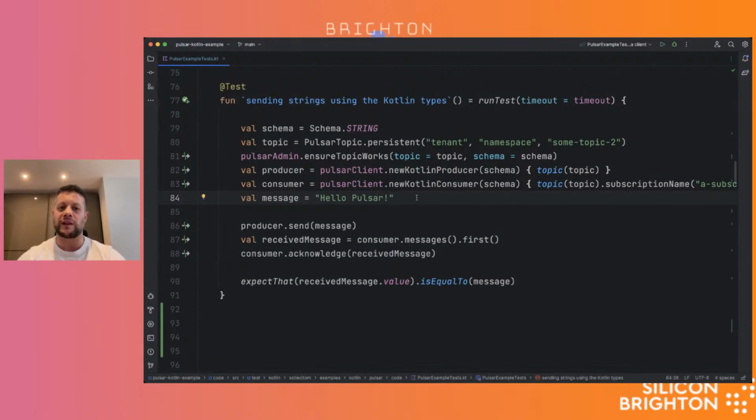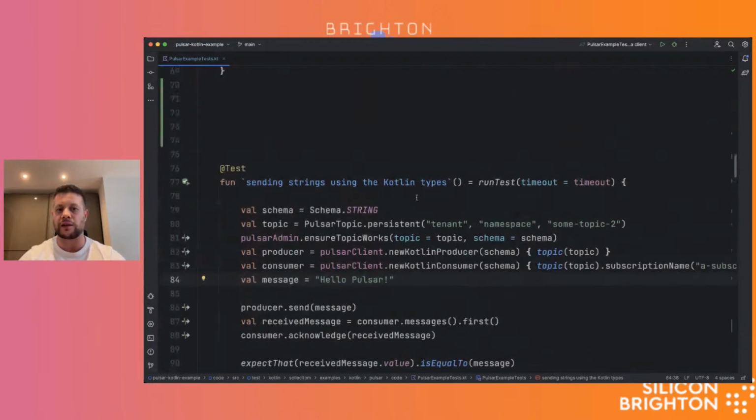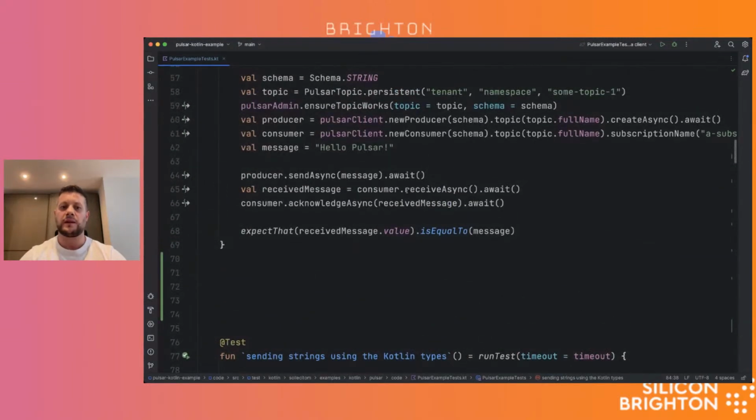So as an example, if I don't want to always use async functions and then wait on them, which is already great, because going back to it a second, these kinds of functions that return a completable future are quite handy in a Kotlin context because you can await them and bridge the gap between completable futures and coroutines.